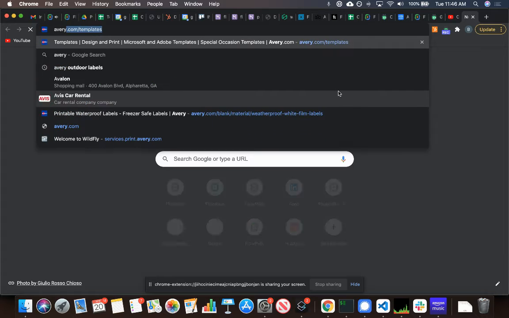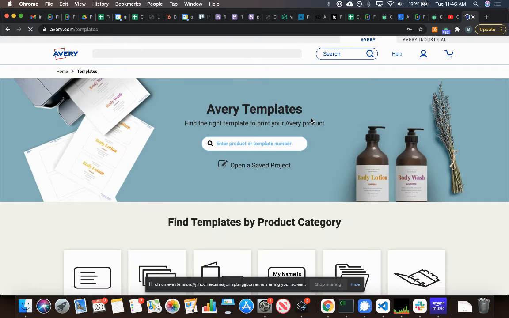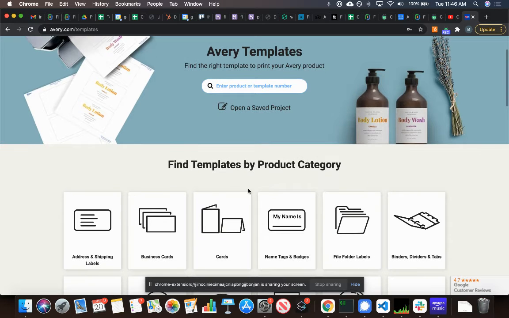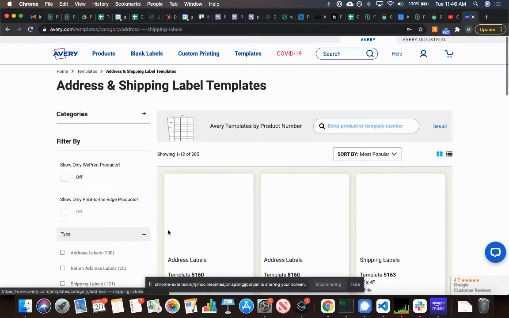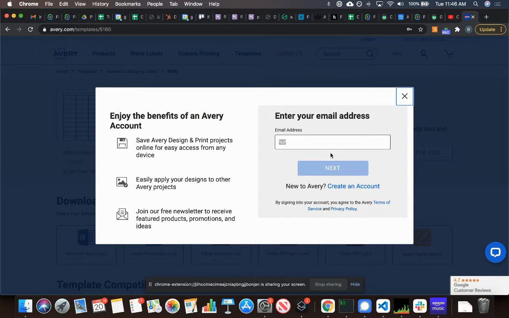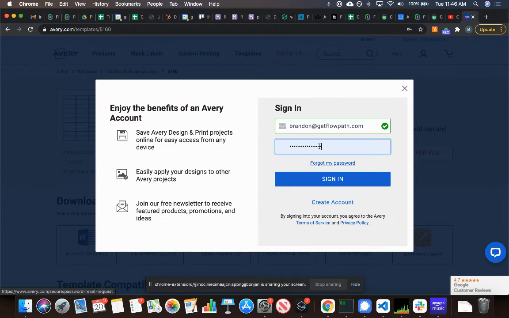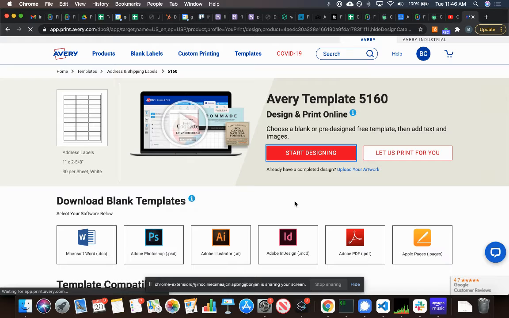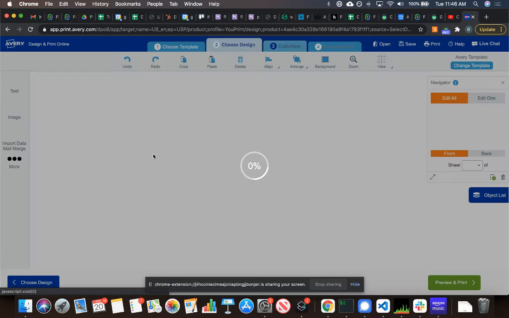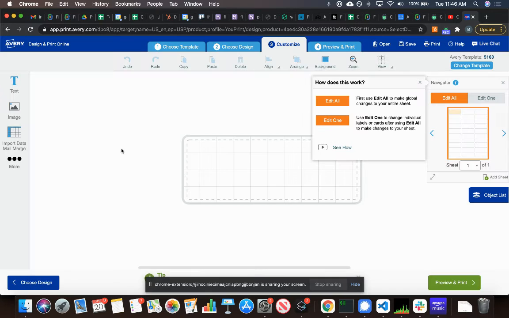So if I go and open up Avery Templates, this is a free online source that you can merge this exact CSV into. You can say, okay, I'm going to choose these address labels. I'm going to start designing. And I already have an account, so we're going to go ahead and sign in. So once you have this design, select this design on this label,